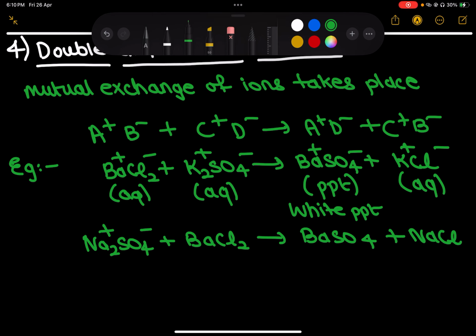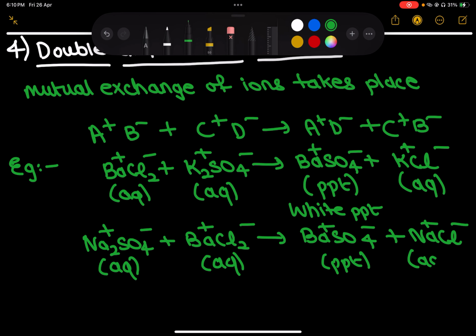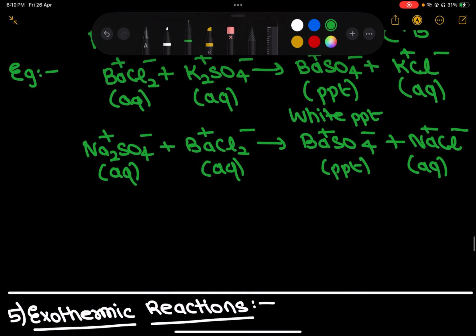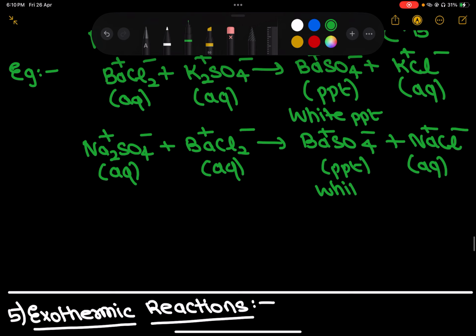Na plus SO4 minus, Ba plus Cl minus, Ba plus SO4 minus, Na plus Cl minus. This went with this, this went with this. This is how you write it as well. Here again, barium sulphate is a white precipitate. All others are aqueous. Aqueous, precipitate, aqueous. And this is also white color. Now the last example is NaOH